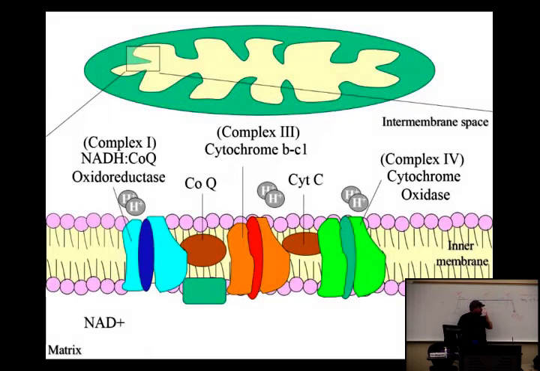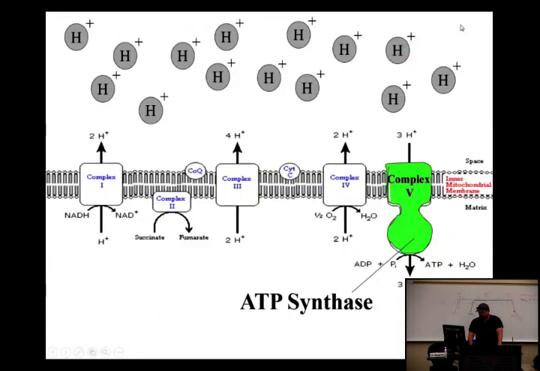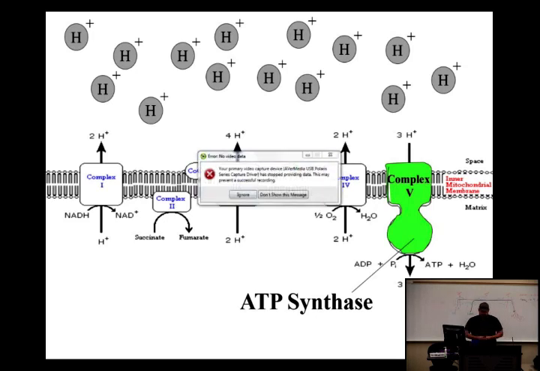So this is a one-way gated transporter. So once the protons go out, they can't go back through that same hole. Got it? All right. So that brings us to how is ATP made? Because none of this makes ATP, right? All it's done is pump protons. That's the whole purpose of the electron transport chain. Well, it turns out that there's another separate part of this. These have to be in this order, right? But there's another thing called complex 5, and it can be anywhere.